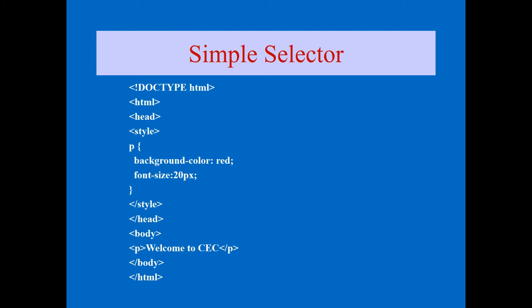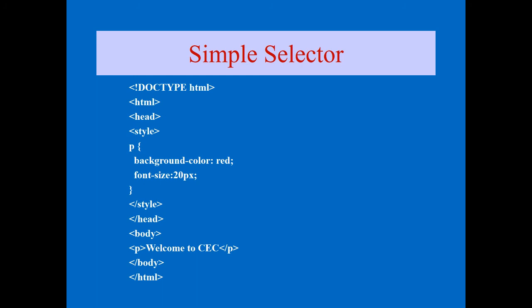Then you see, I did not call a class, id, or any attributes or contextual selectors. I wrote only p, welcome to the CSS, close the p. So what happened is that I set the properties for this p element inside the CSS. Whenever you write p, the impact will come: font size will be 20px, and the background color will be changed. This kind of selector is called a simple selector, and this is a very popular one. So keep this point in your mind. It is very useful whenever you are creating any web page.